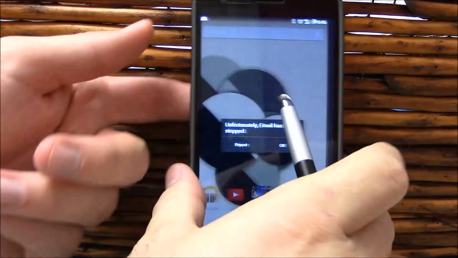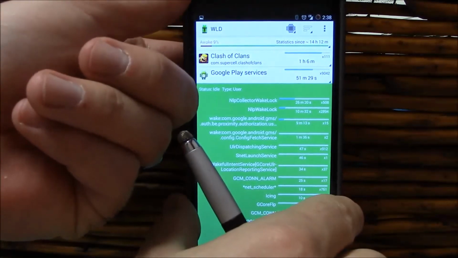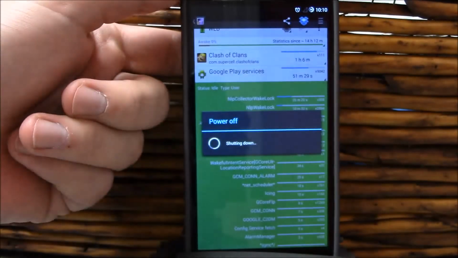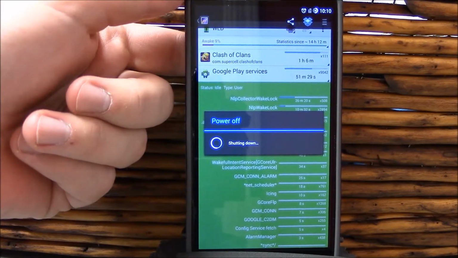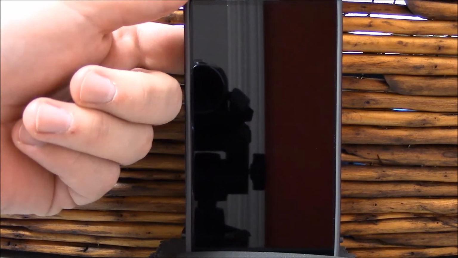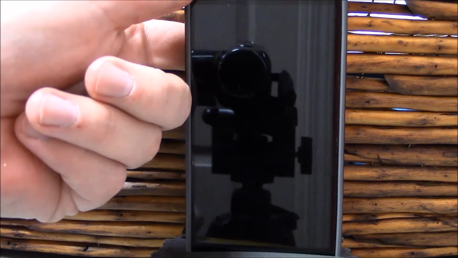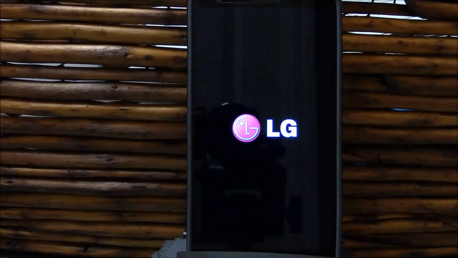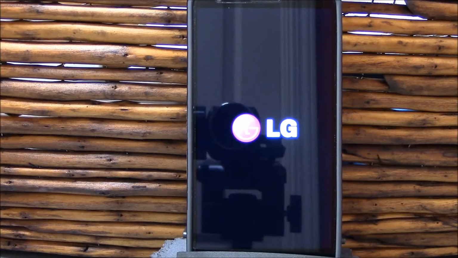For the last thing we're going to do here, we're going to go ahead and do a power test and show you how quickly the phone boots, and show you the boot animation. Then to completely power off, get the timer here, and okay, so there we go. Let that go, and as of right now on the forum, you are at